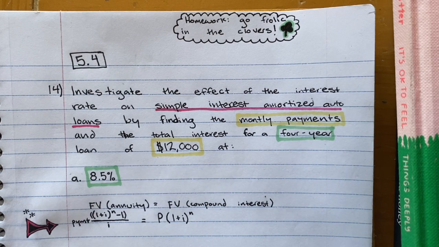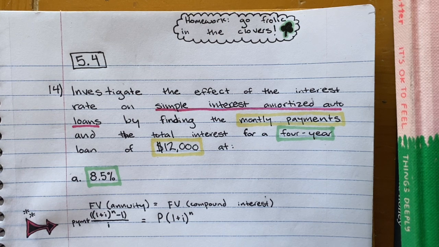Everybody, we're going to do some more math. Today we're working on section 5.4. We're doing problem 14. So we're supposed to investigate the effect of the interest rate on simple interest amortized auto